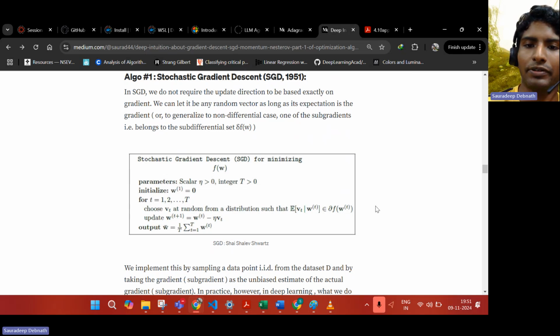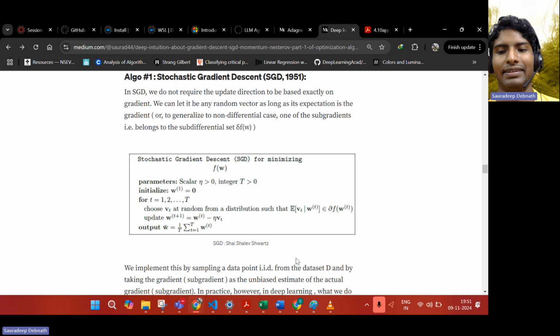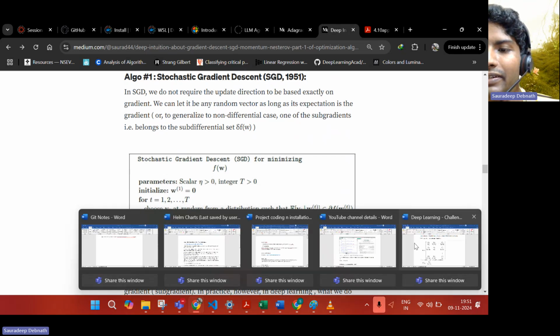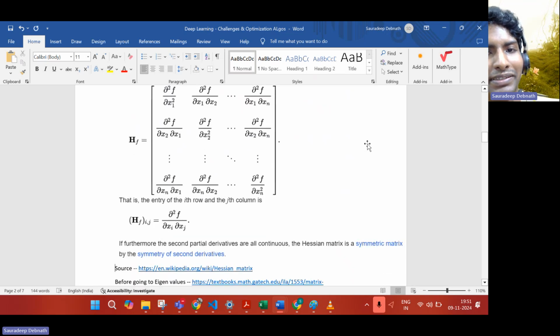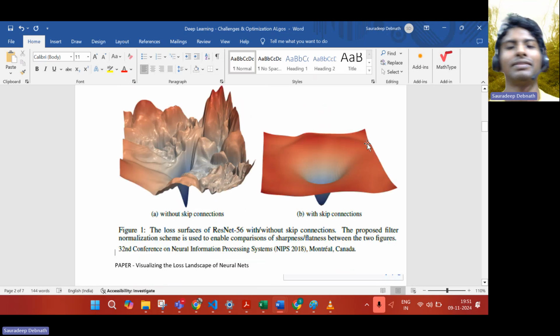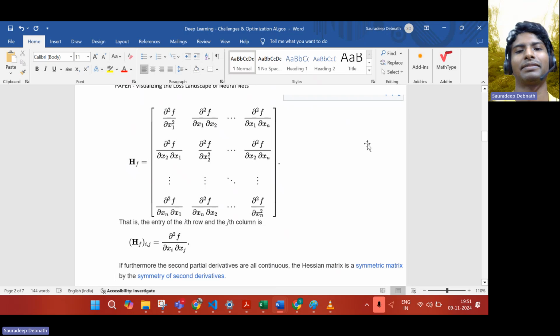So let's talk about them. And maybe before that, let's cover another algorithm, which is Newton's method. This was based on first order, or derivative. Newton's method is, however, based on the second derivative or Hessian. So before that, let's quickly cover what a Hessian is. Hessian is nothing but this matrix, right? The set of partial derivatives,